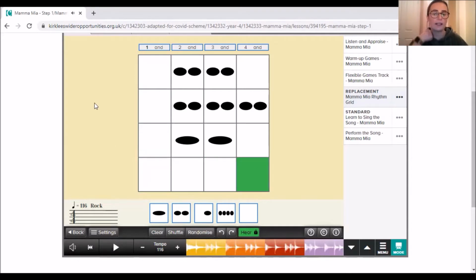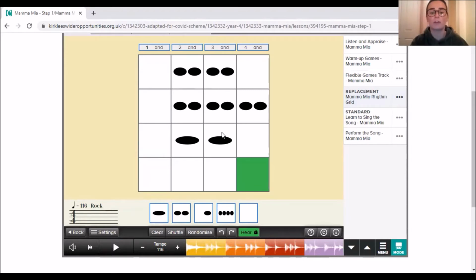Okay, so we can see we've got those two short sounds together, and then another set of short sounds together.